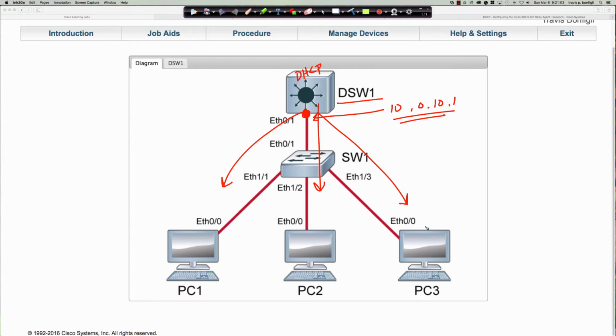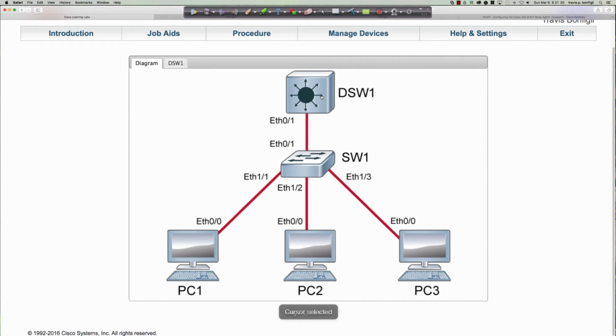10.0.10.1. And so when these PCs receive their DHCP information, we can share with them other information, and we definitely want to make sure that one of those pieces of information being shared is the default gateway. That way, if PC 1, 2, and 3 are trying to get to something that is not in VLAN 10, and they have to go through a default gateway, they know what that default gateway address is. So let's jump back here onto